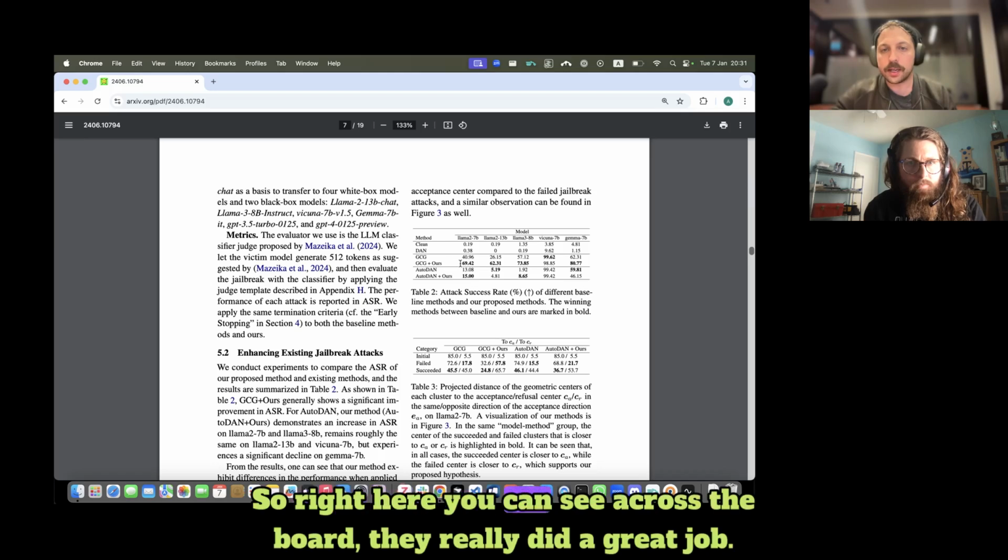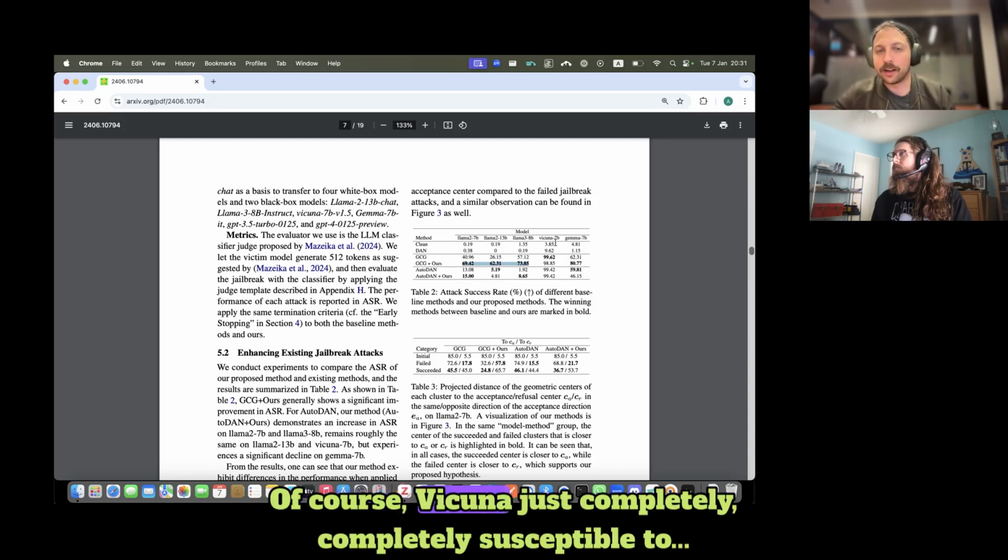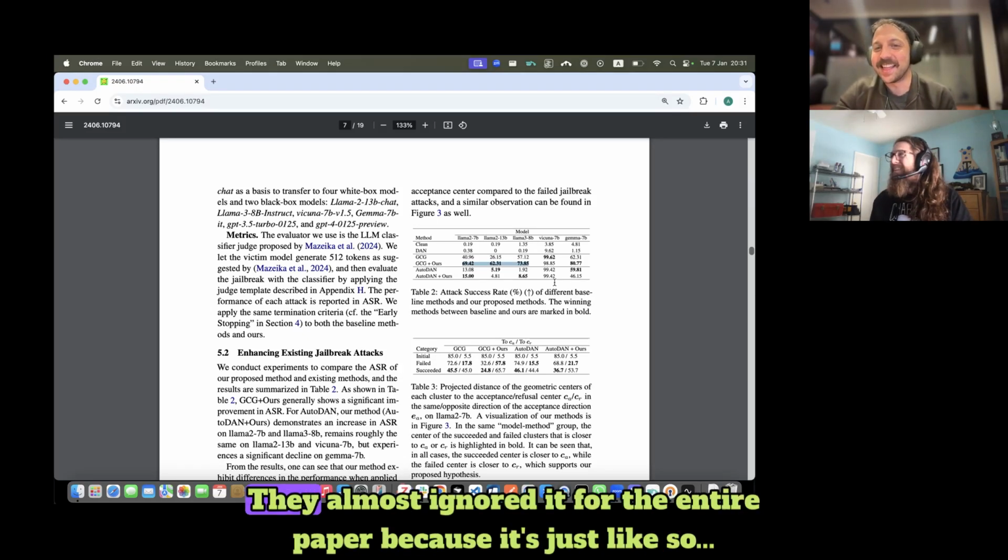Right here, you can see across the board, they really did a great job. Of course, Vicuna is just completely susceptible. Highly targetable. They almost ignored it for the entire paper because it's just so susceptible to these